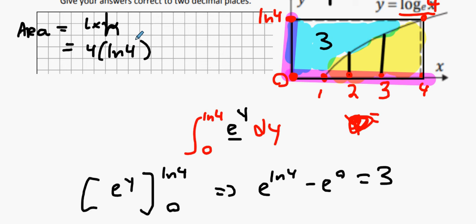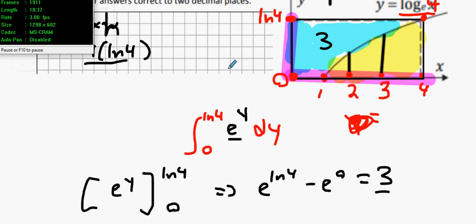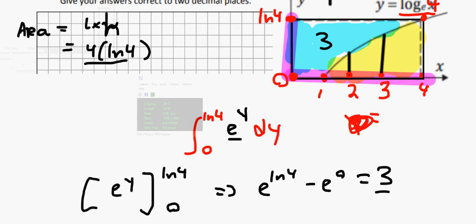Alright, 4 ln 4. Lads, to be honest, I wouldn't even get that because I'm going to take 4 ln 4, take away 3, haven't I? To find the yellow area, it's 4 ln 4 take away 3, and that actually turns out to be, to 2 decimal places,